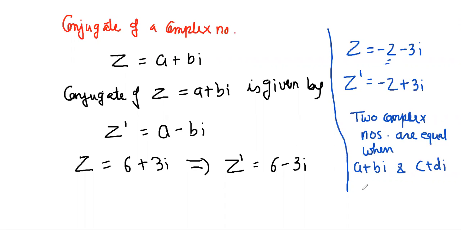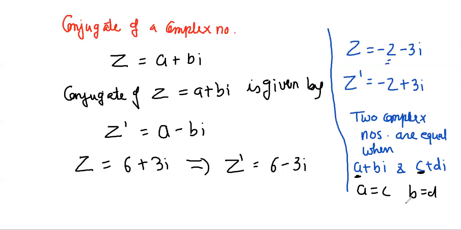Now in this case, if a is equal to c, I mean the real part, if they are equal, a is equal to c, and also the imaginary part b is equal to d,